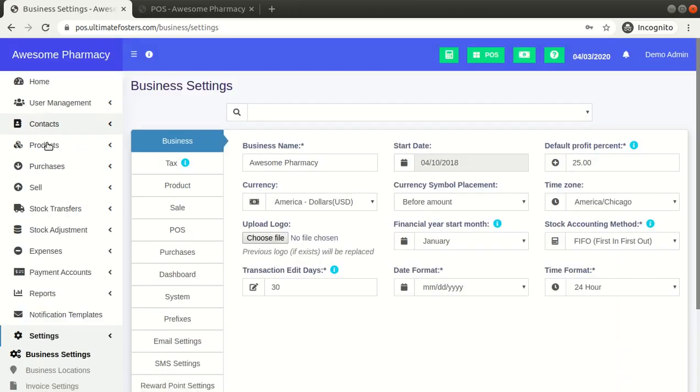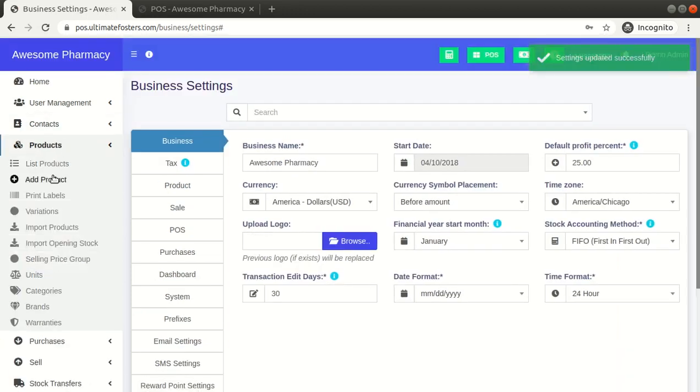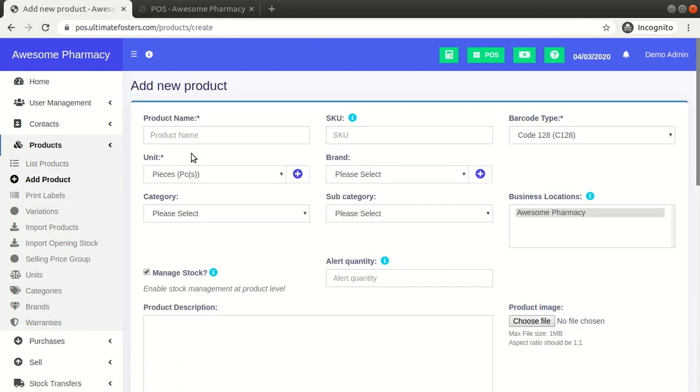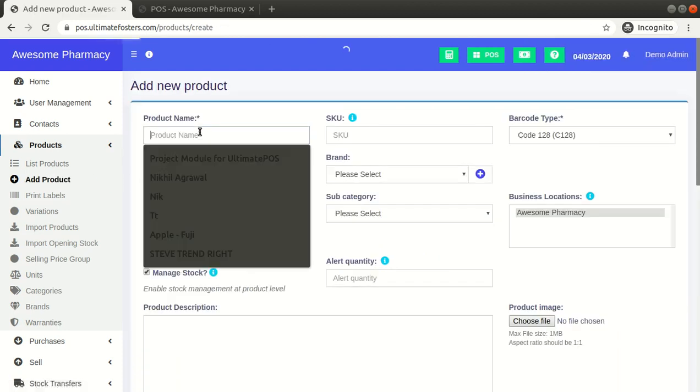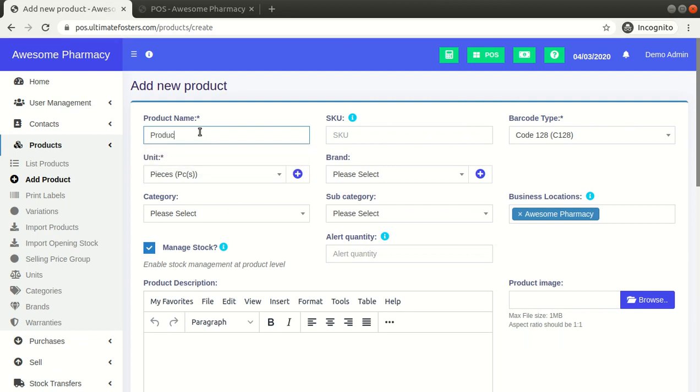So I will go to the product, add a new product. Let me call this product Product 1. The barcode will be this, pieces, brand is this, category is capsule, something.